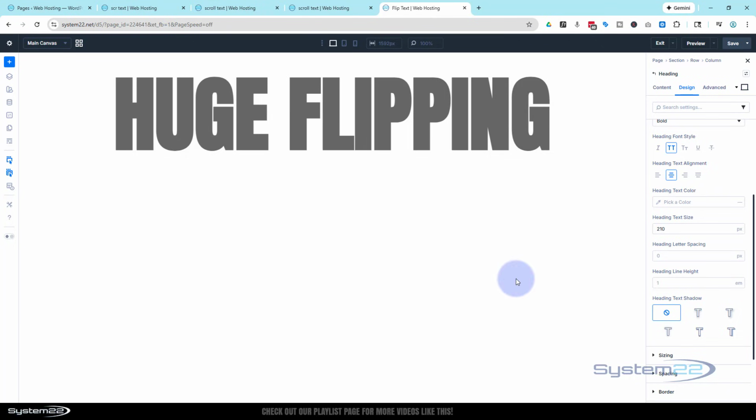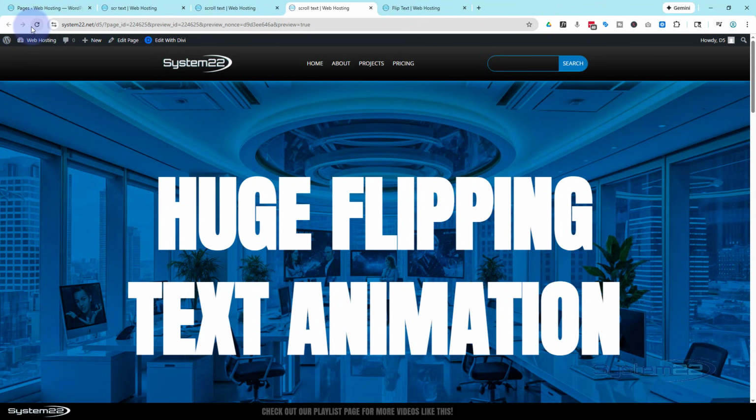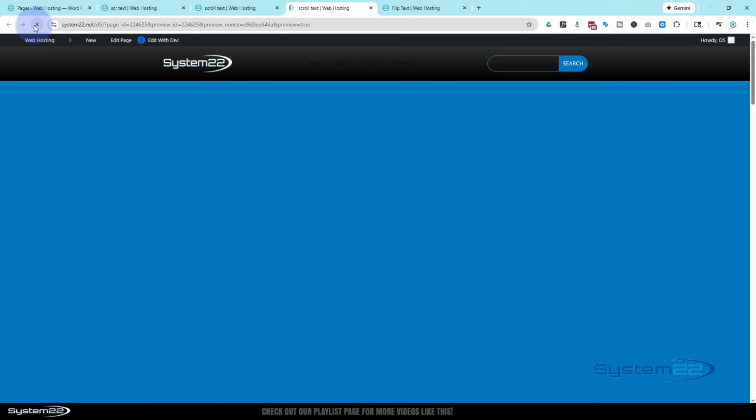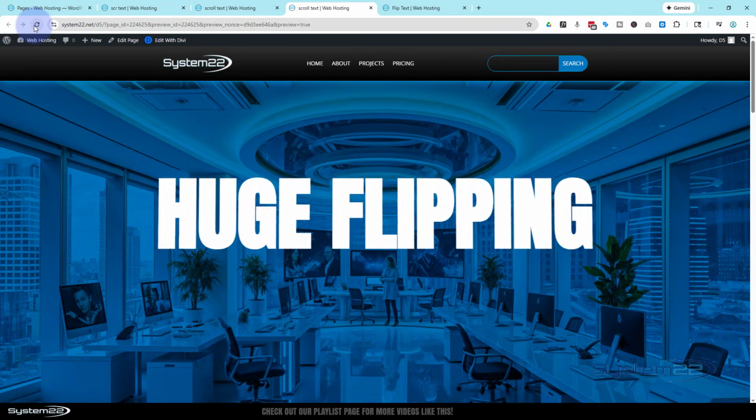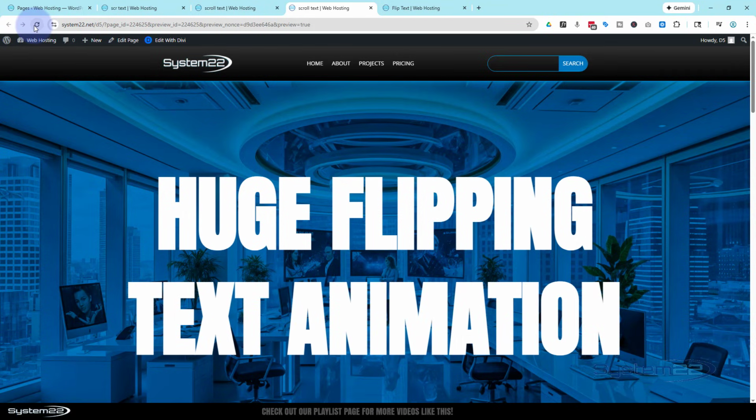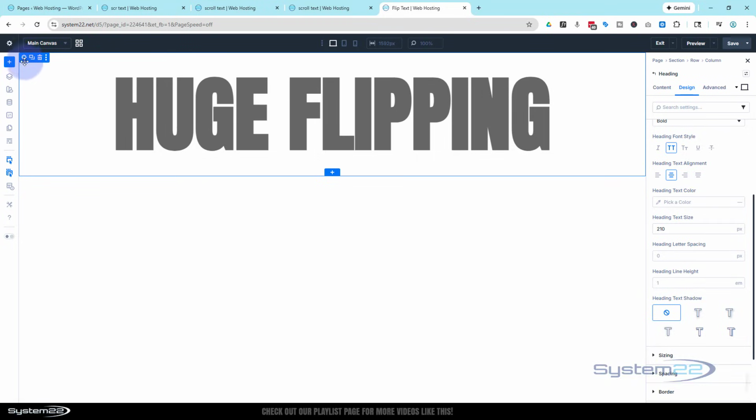Now for my top section where we loaded the page, if I reload this page, you'll see that we didn't scroll down, it does it automatically. So I'm going to make a hero section that's full screen, full height. And we'll create our first animation. So in my section here, the blue tab,